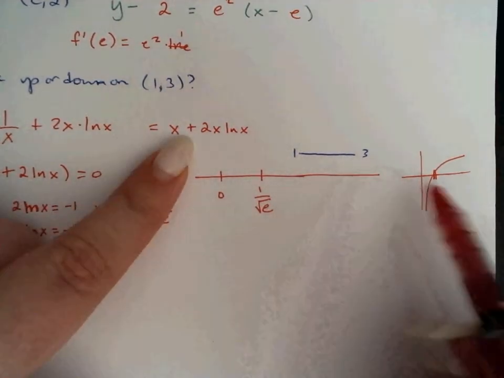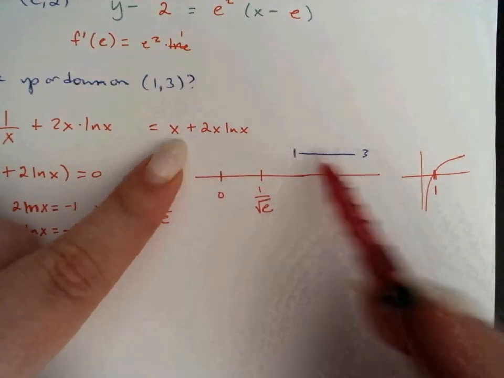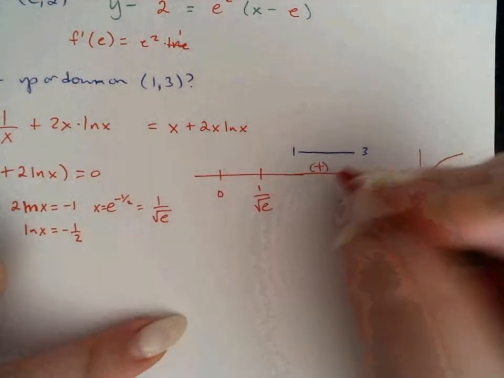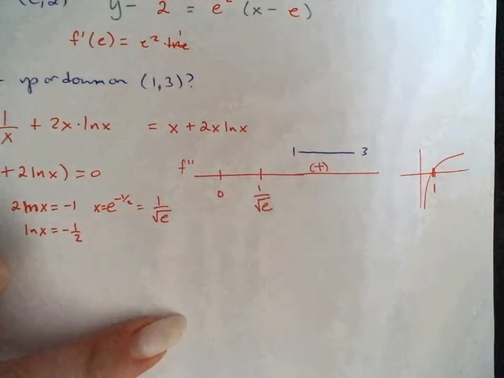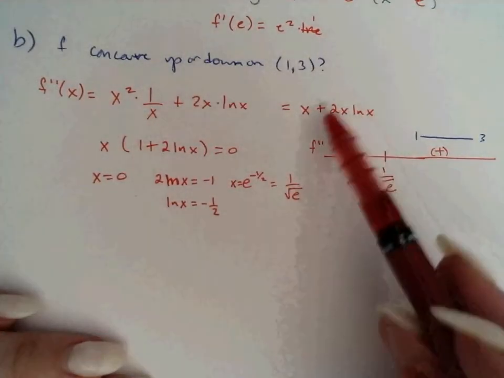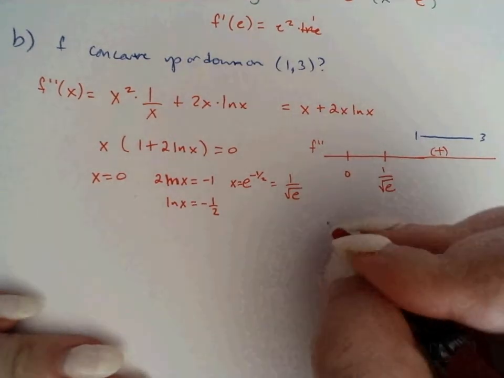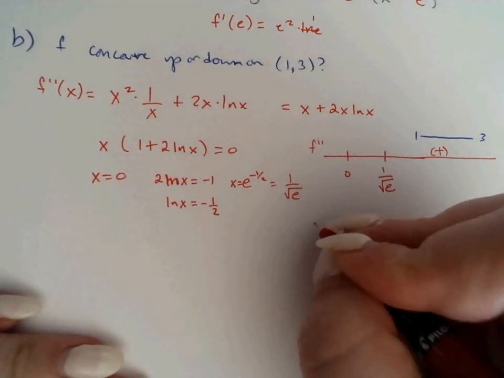Okay. So from 1 to 3, anything I plug in greater than 1, natural log is positive, this is positive, that's positive, because we're plugging in numbers from 1 to 3. So that means the second derivative would be positive on the interval from 1 to 3. And I think we could have just talked that out. This is what they did. But I would just say